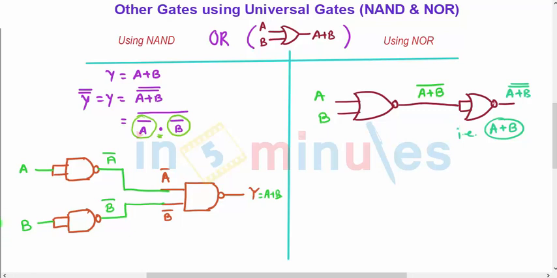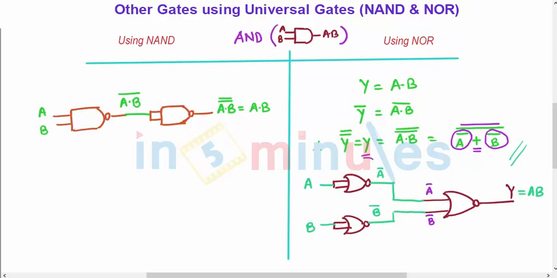So that is all about the basic gates implemented using NAND and NOR gates. And in this session it is very important, in the case of implementing the OR gate using NAND, you need to apply two complements and apply the De Morgan's law here. So this is very important. And also in this case De Morgan's law is very important to implement, and these are the methods. Simply you can convert any equation to the required format using NAND gates and NOR gates.